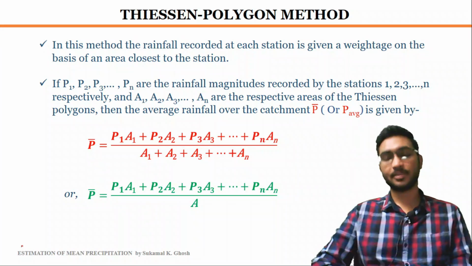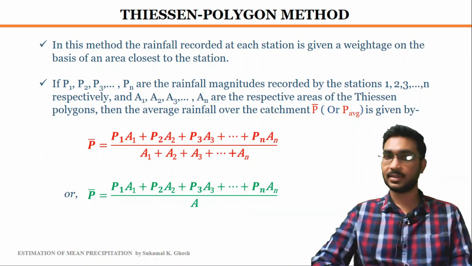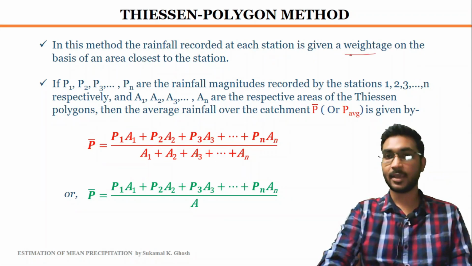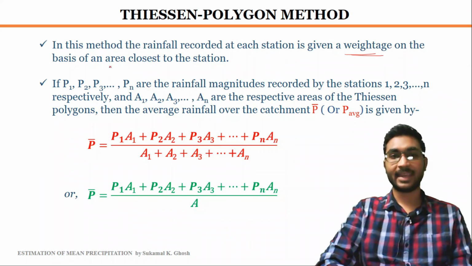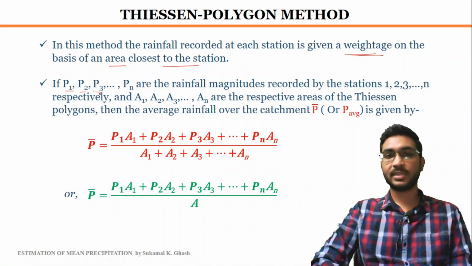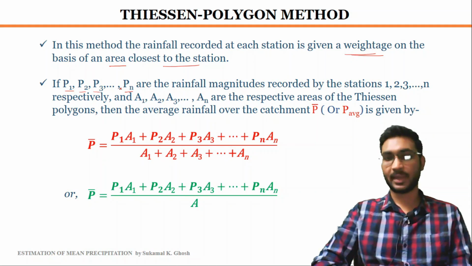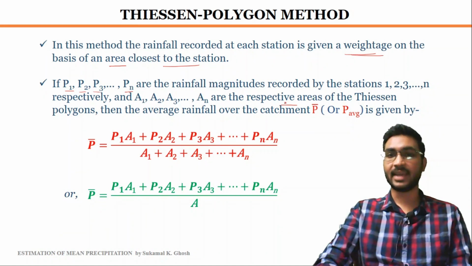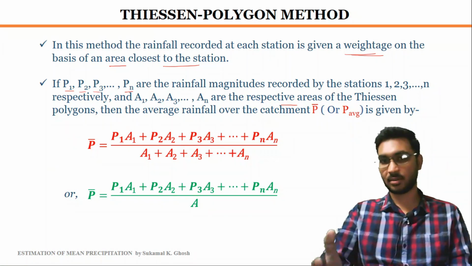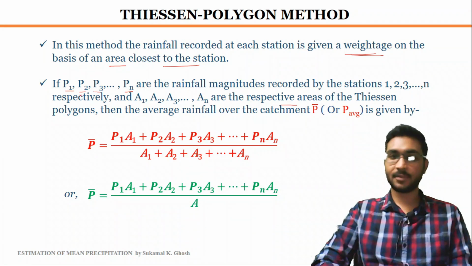Now this Thiessen polygon method is also known as the weighted area method because in this method the rainfall recorded at each station is given a weightage on the basis of the area closest to the station. Now if P1, P2, P3 and up to Pn are the rainfall magnitudes recorded by rain gauge stations 1, 2, 3 and up to n respectively, and if A1, A2, A3 and An are the respective areas of the Thiessen polygons, then the average rainfall or the mean precipitation over the catchment area can be given by this formula,